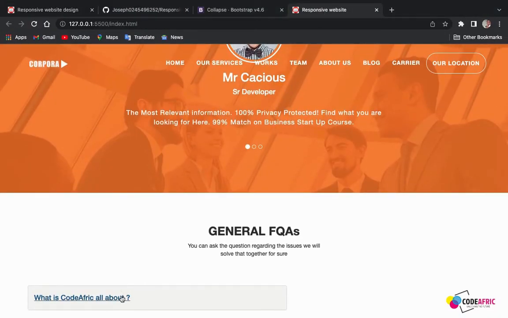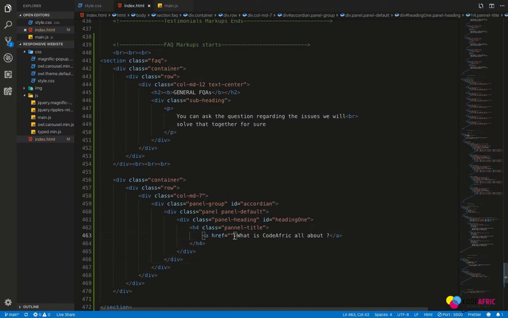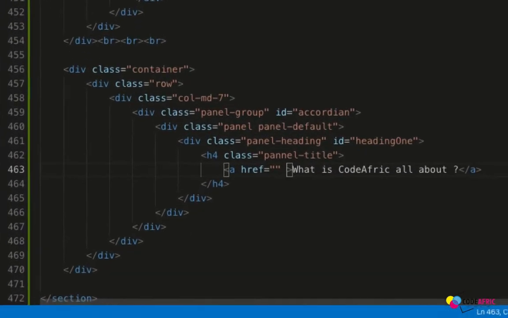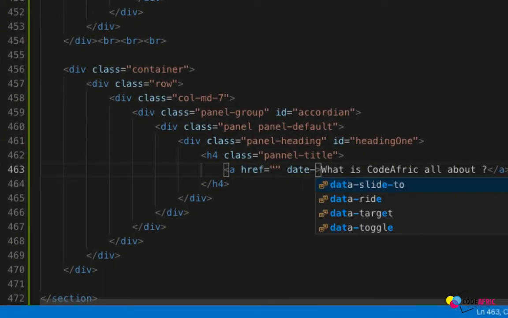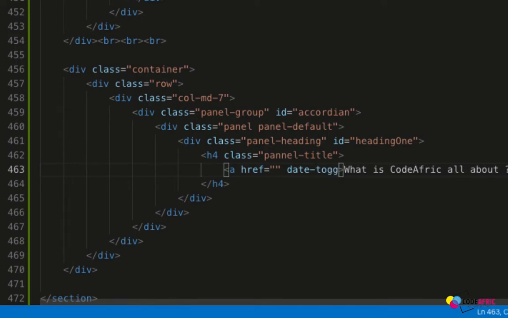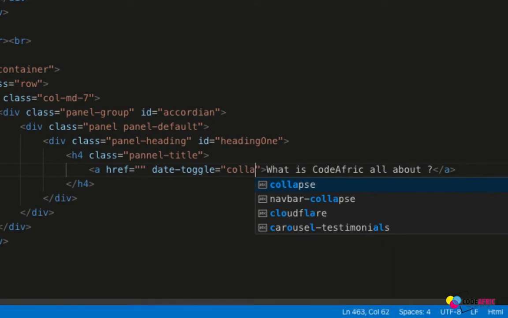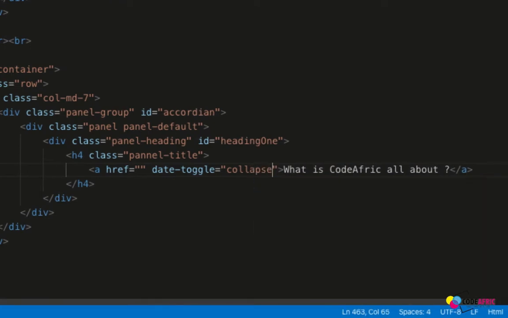And this is what we have. Okay, all right. Now we have to make it clickable so that when you click on it, it will also respond. All right, so I have to give it a bootstrap class called collapse. Okay, so I'll do a bootstrap class called data-toggle. Okay, and I'll set that to the jQuery plugin called collapse, like this. And again, data, not dates. Okay, data-toggle, and I'll give it a data-parent, and I'll set the data-parent to